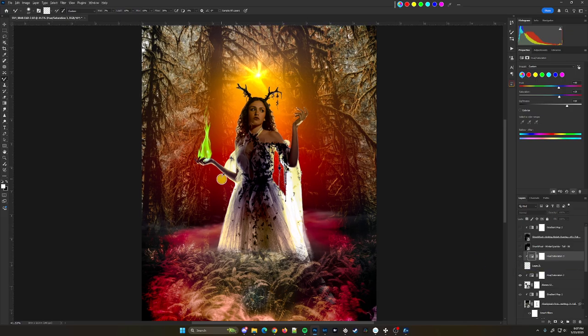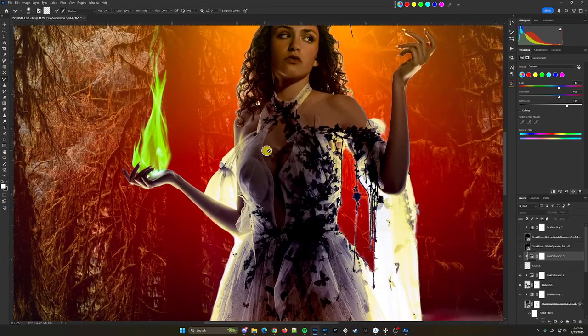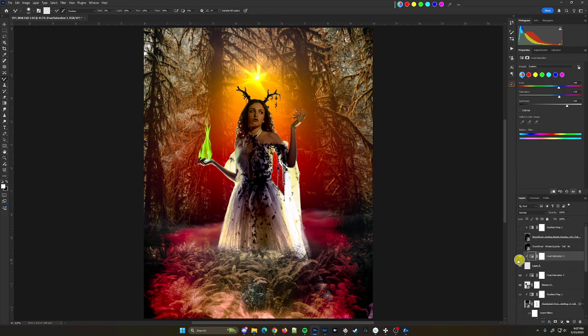So if I actually zoom in a little bit, you can see a little better. So on, off, you can see there's a little bit of burst here in the shadow. Because think about it, light's going to be coming this way. It's going to light up this side of her. Probably is going to light a little bit in here, which I didn't paint in. And probably I should have painted this chin highlight, which I might still. How about we do that?